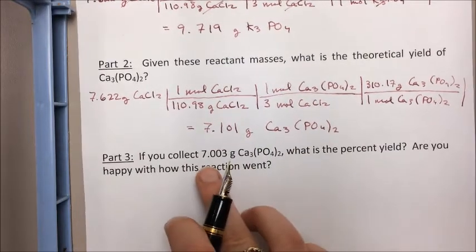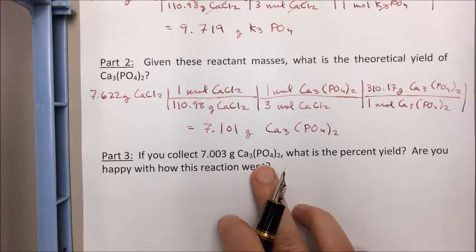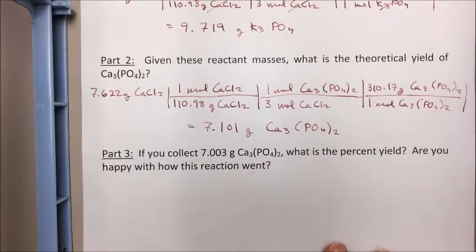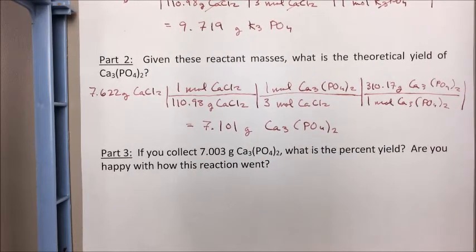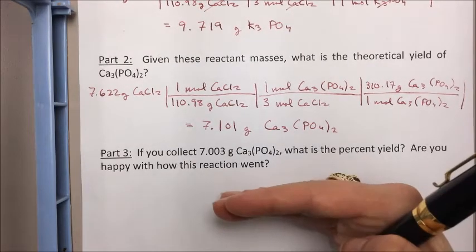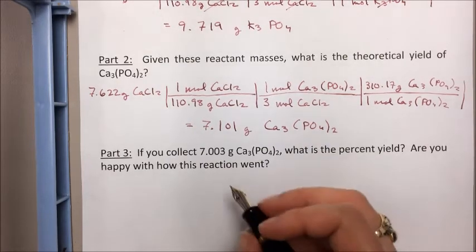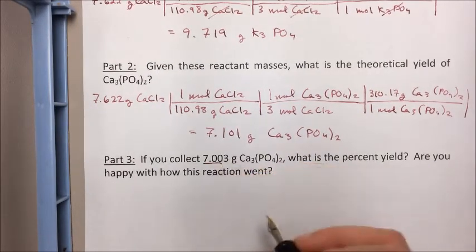Part 3. If we collect 7.003 grams of calcium phosphate, what is the percent yield? And are we happy with how this reaction went? So remember that percent yield is the actual divided by the theoretical times 100%. So our actual yield is right here,